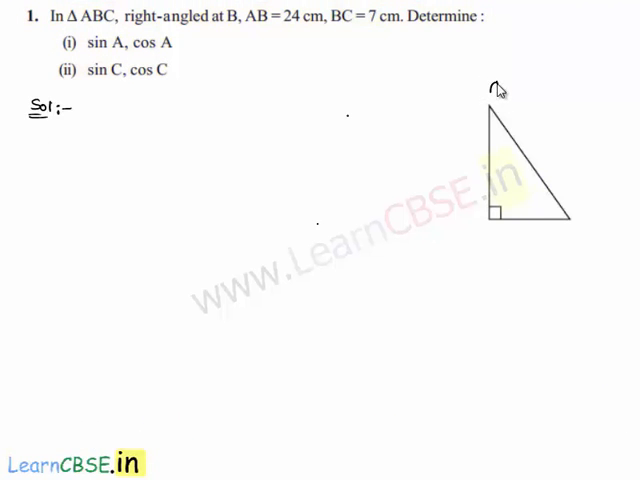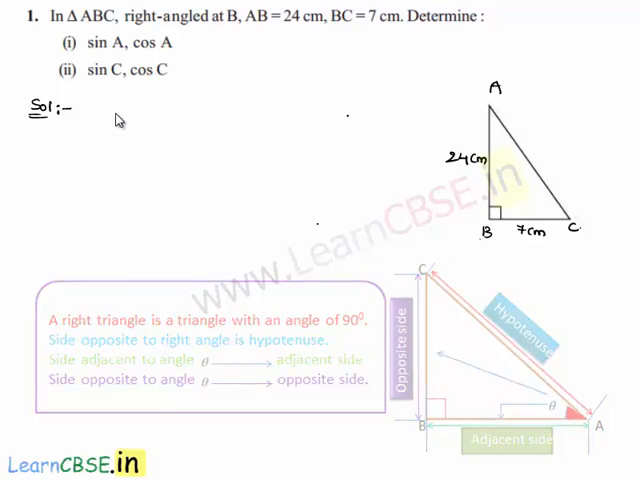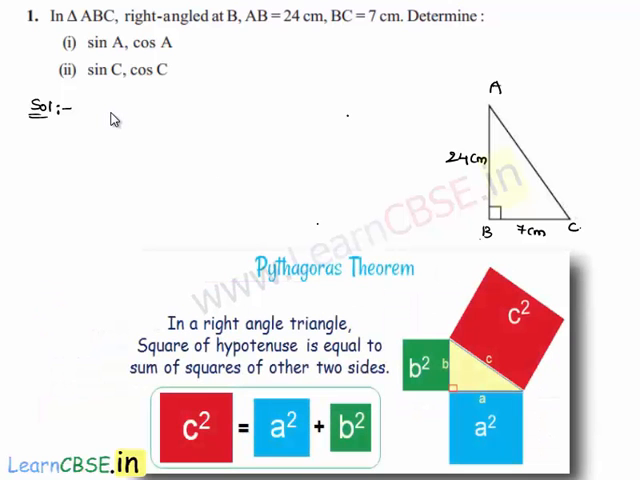Let us consider triangle ABC, which is right angled at B. Here AB is equal to 24 centimeters and BC is equal to 7 centimeters. Let us also find the hypotenuse AC. From Pythagoras theorem, we know that the square of the hypotenuse is equal to the sum of squares of the other two sides in a right angle triangle,